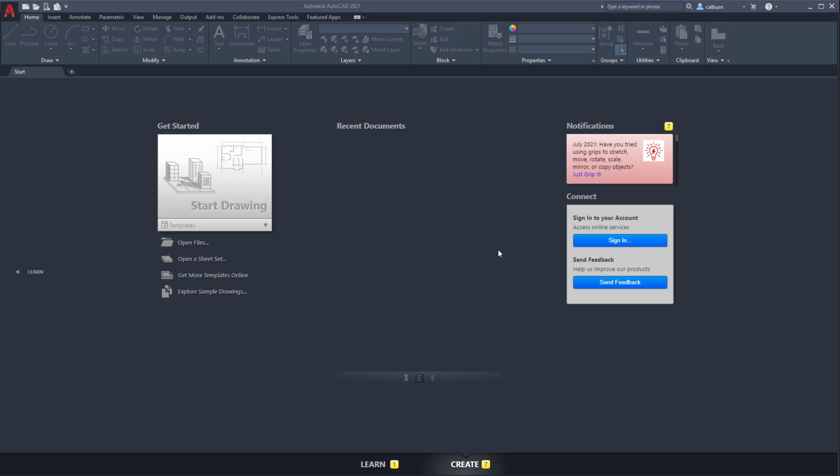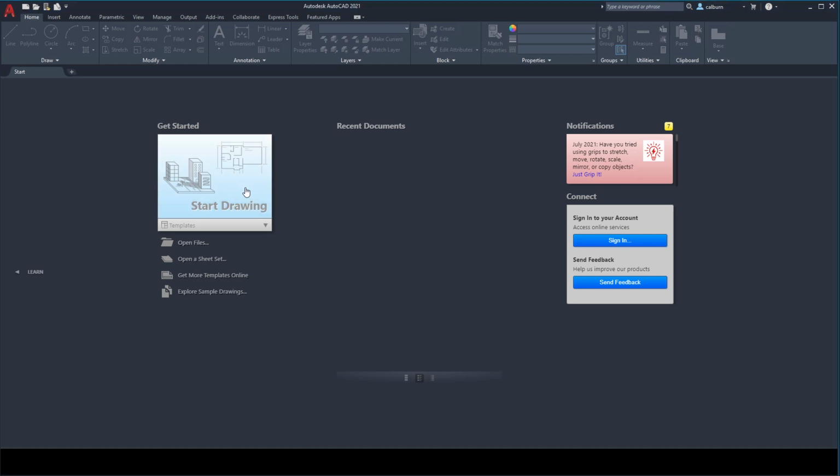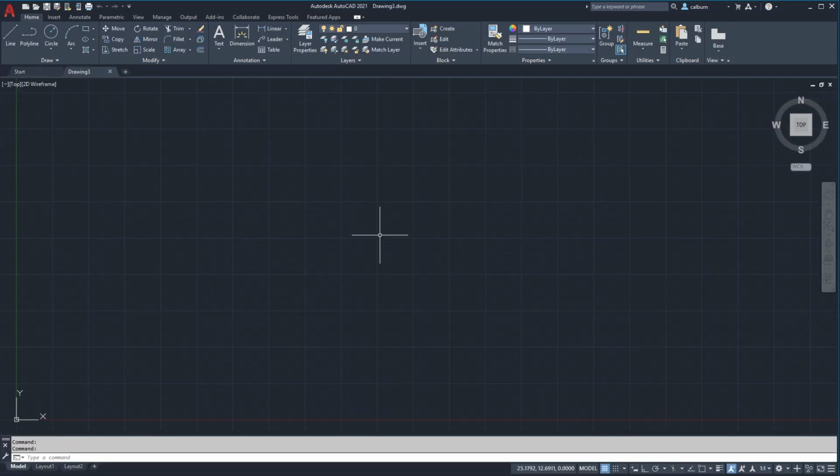Alright, for today's drawing we're going to focus on the hatch command. The hatch command allows you to fill in objects with either a pattern or a solid fill. Let's go ahead and start our drawing, and as we always do, type in Z enter, A enter, and